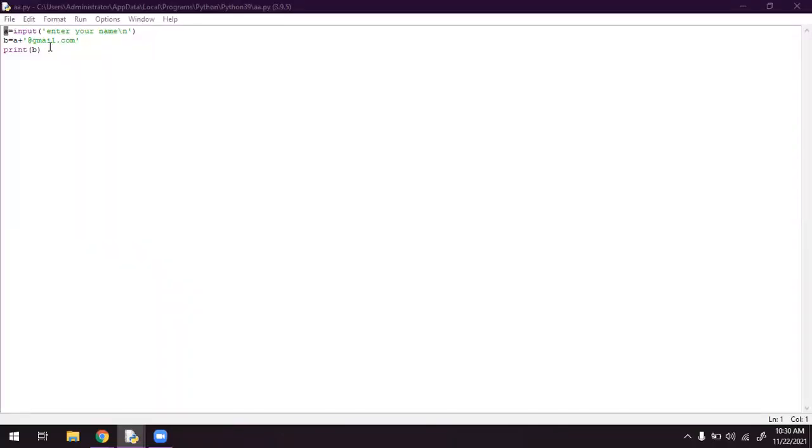Sometimes we will get mail suggestions, like when you type your name, you get the mail suggestion. So what we have to do is type the variable as input.